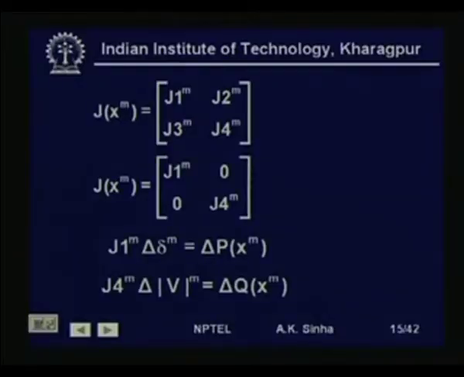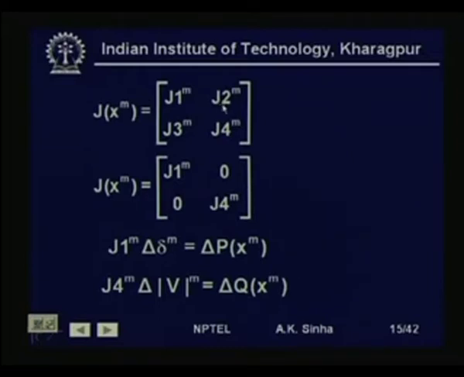in trying to improve the computational aspect of the power flow problem. And if we do that, that is, if we see the Jacobian matrix J1, J2, J3, J4, we can also see, since there is a weak coupling between P and V, that is the voltage magnitude, we find that the elements of this